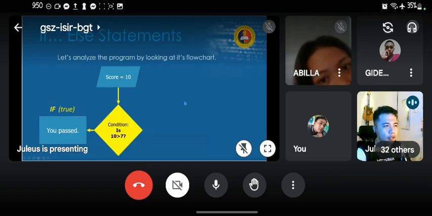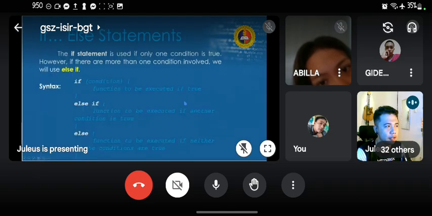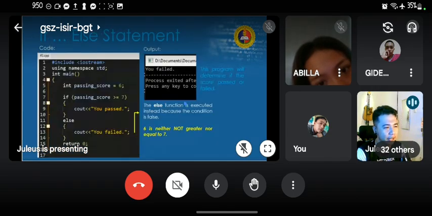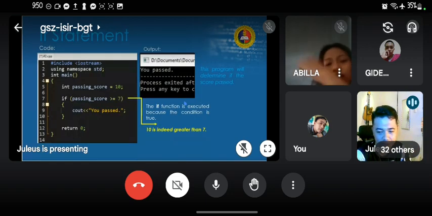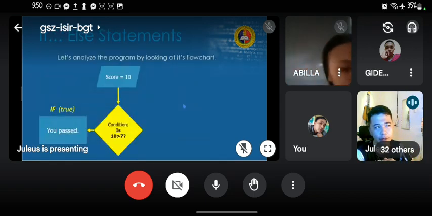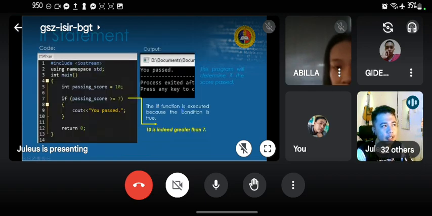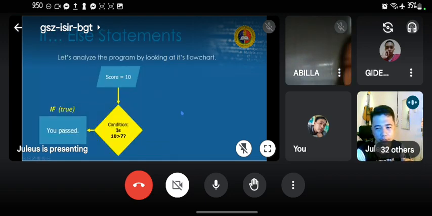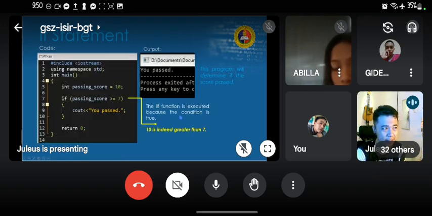So first of all, let's delete. Okay, we'll get back to it in just a moment. For the meantime, let's take a look at the other programs. Another scenario where we can familiarize ourselves with the if and the else statement.